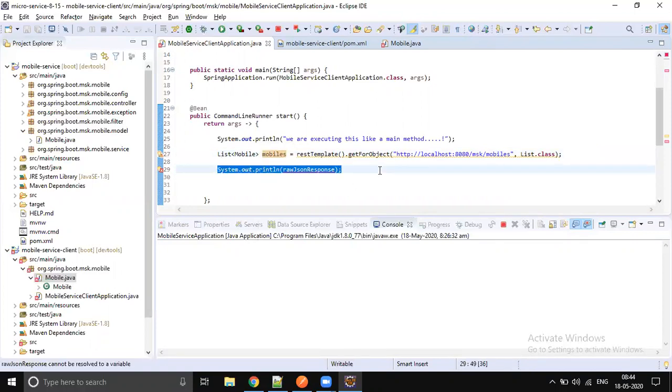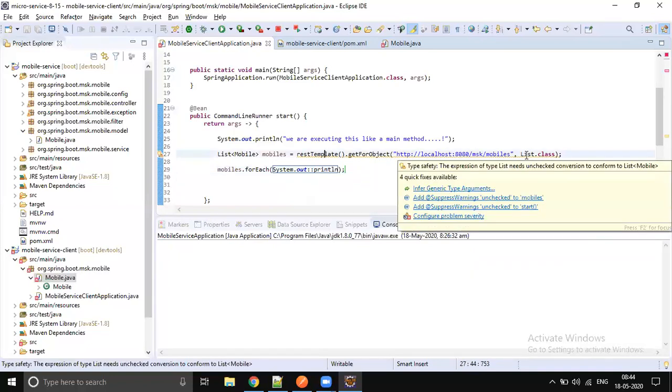So let's call the forEach method, right? mobiles.forEach and System.out with a method reference we are using. Okay, so we are getting this.